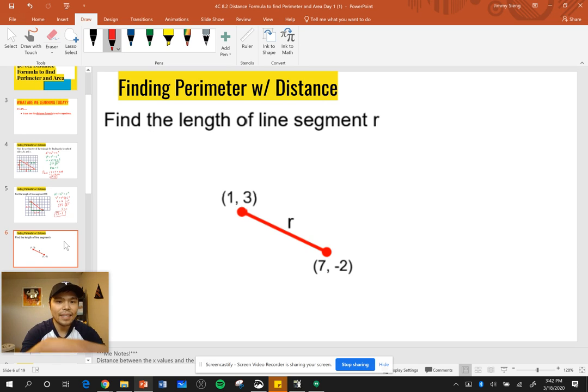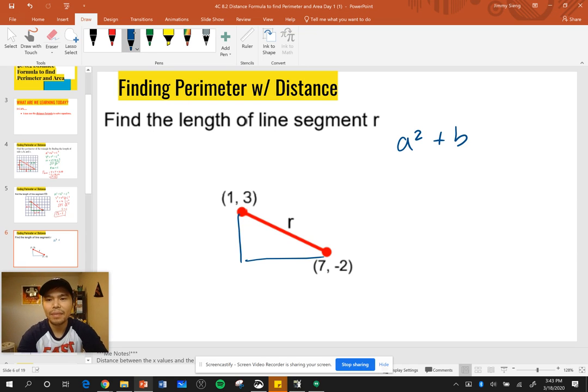Right off the bat, I can see that I have a right triangle, right? So I know instantly, oh, right triangle, Pythagorean theorem. I need to find some sides, right? Oh, which side am I trying to find? I'm trying to find R. R, ooh, that's a hypotenuse, right? Just continuing on though, so I know that I need to find R, but I need to know what A